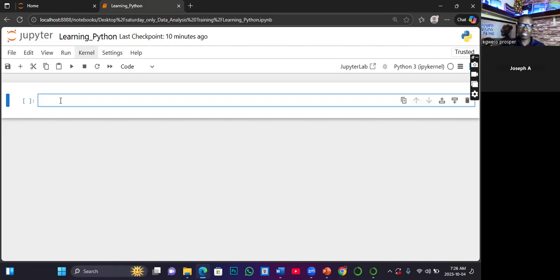Now, how do we create comments in this development environment, Jupyter Notebook, which is acting as our IDE? To simply do that, just hold down the shift button. There is a shift button on your keyboard. Hold it down and press the number 3. Then you're going to get this icon, the hash. Whatever you write after you have activated this hash will be treated as comments in Python.